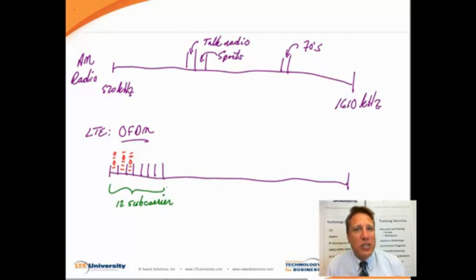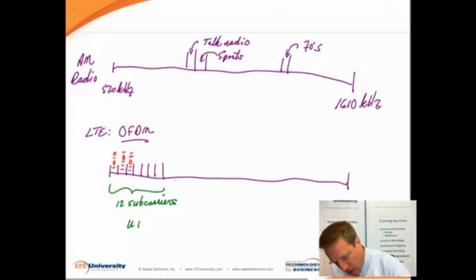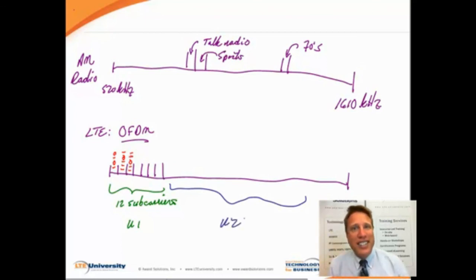It's kind of like sushi in a sushi restaurant, right? You get the whole roll. You can't just get one little piece of sushi. You get the whole roll. That's what's going on. We never assign just one subcarrier or two subcarriers. We wouldn't get enough data to really make that worthwhile. It's a minimum of 12. But the point is that we give one user a block of subcarriers based on what they're trying to do, and another user a different block of subcarriers, maybe multiple blocks of subcarriers, to do what they want to do. All right, so this could be assigned to user 1, and user 2 could have a bigger block of subcarriers, okay, to do what they need to do.